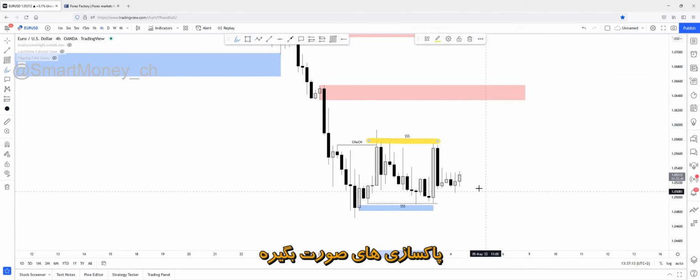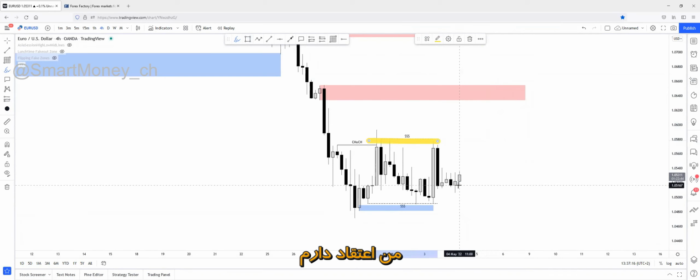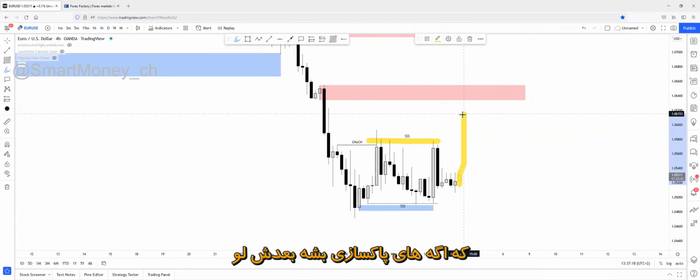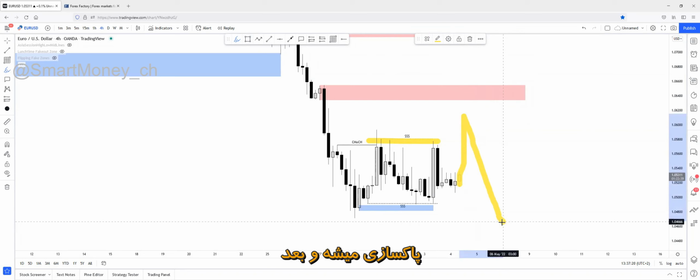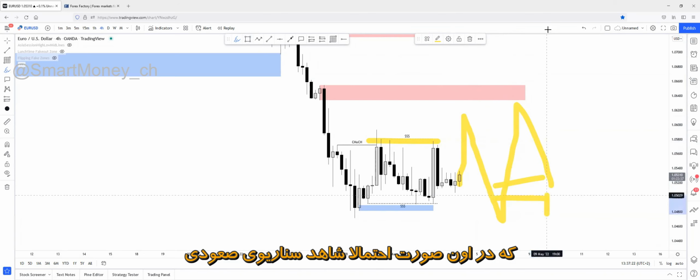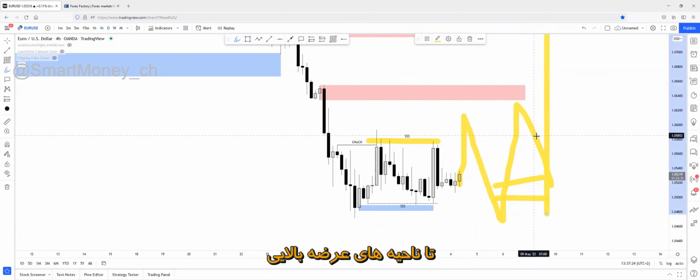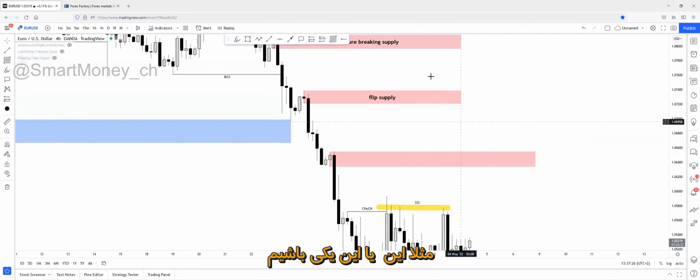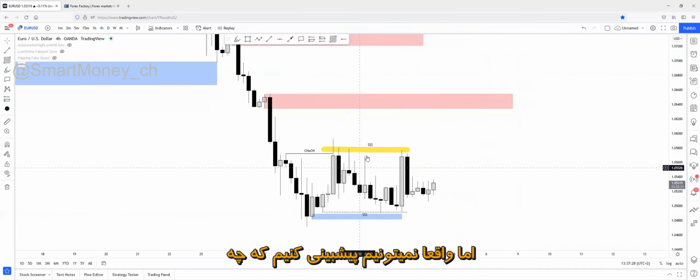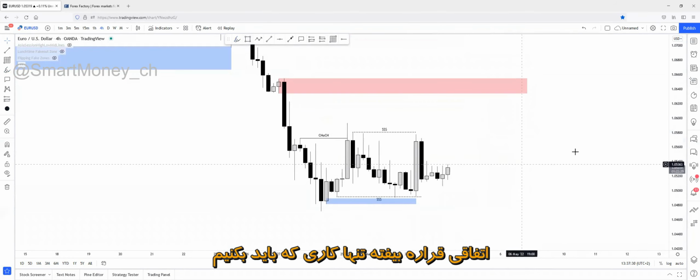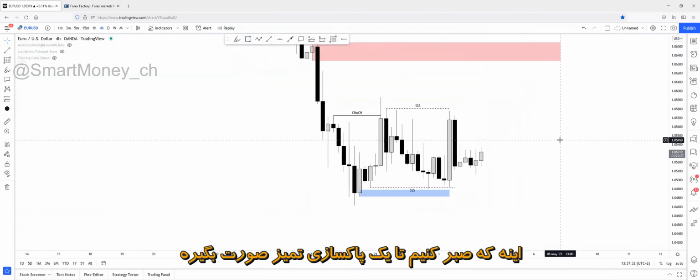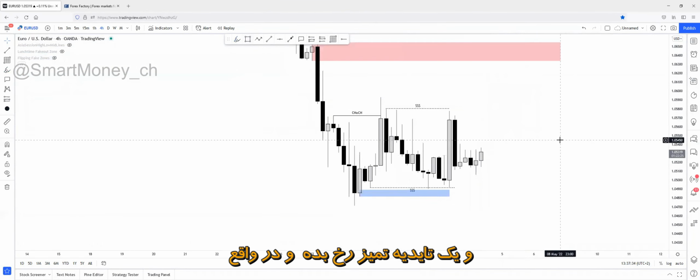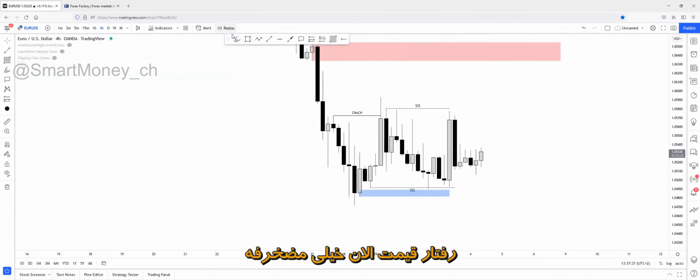If the sweep of the highs happens first, then the high sweep will happen, the low sweep will happen, and after this price will create a change of character to the upside, and maybe we can see long scenarios to some higher supply areas, for example this one or this one. But we can't really predict what will happen. All we have to do is wait for a clear sweep and a clear confirmation. Basically, price action is shitty right now.